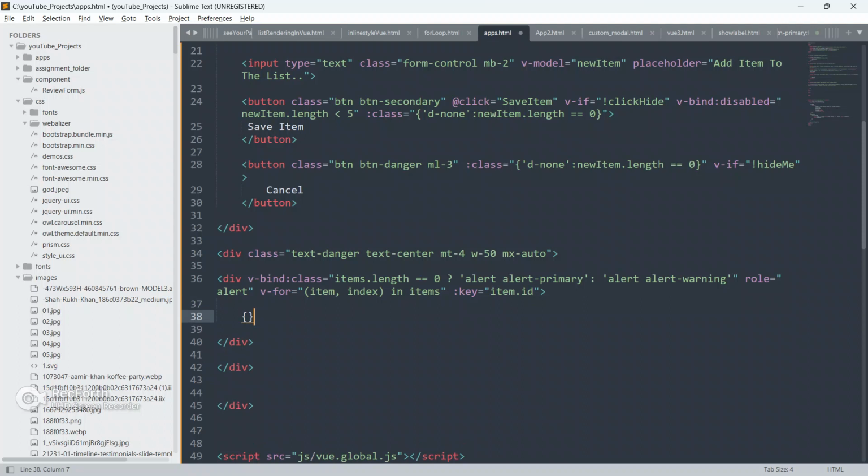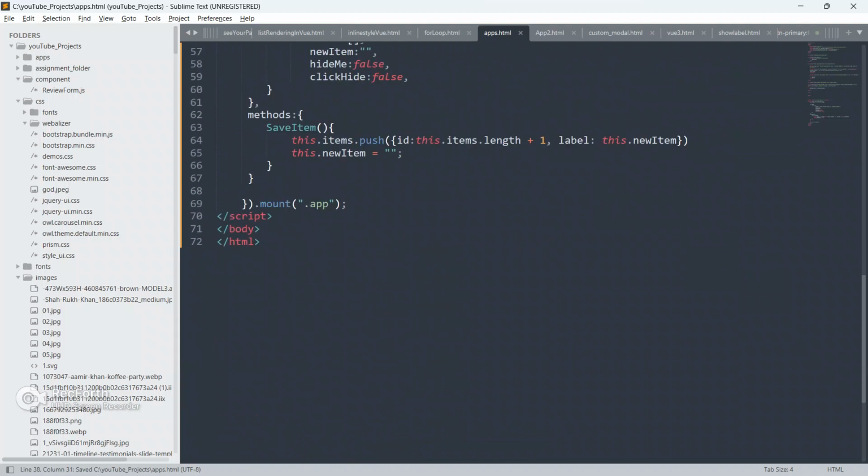So now I'm gonna do double curly braces item dot id, and then a space, double curly braces, item dot level.